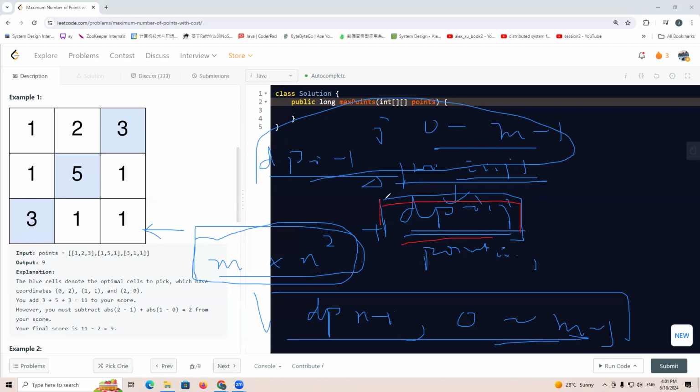For example, for every dp[i][j], we want to find the best among the previous dp[i minus 1] from 0 to, for example, j minus 1. We already calculated this part. And if we iterate to dp[i][j plus 1],